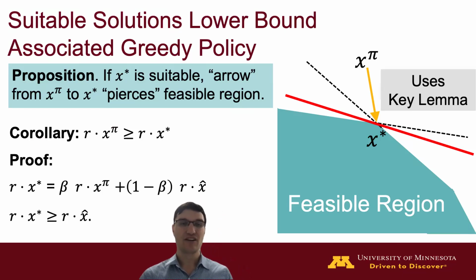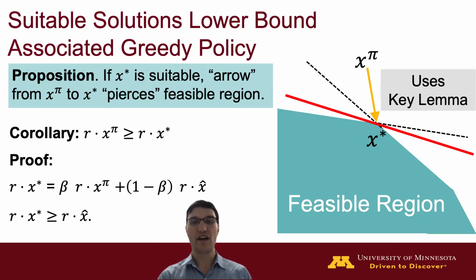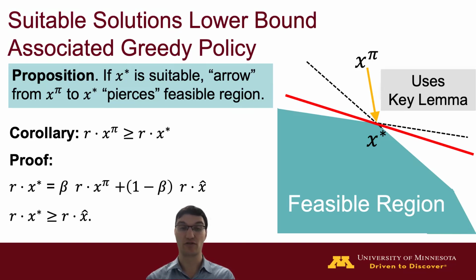Algebraically on the left, right? We know if the arrow pierces the feasible region, another way of saying that is x star can be written as a convex combination of x pi and some other feasible point x hat. So that's what this first line of this proof says. X star can be written as a convex combination of x pi and x hat, and therefore taking the dot product of both sides with our reward vector or our reward matrix R,